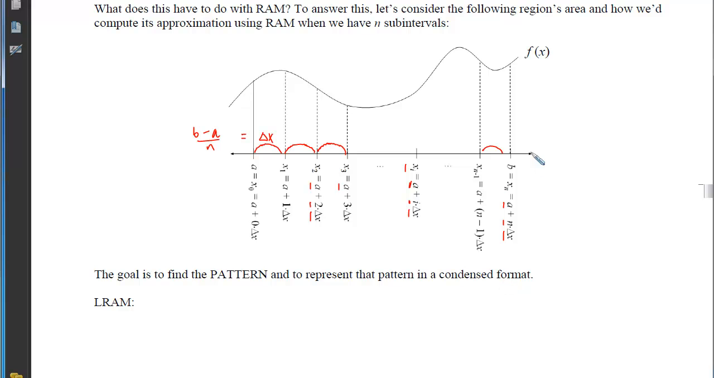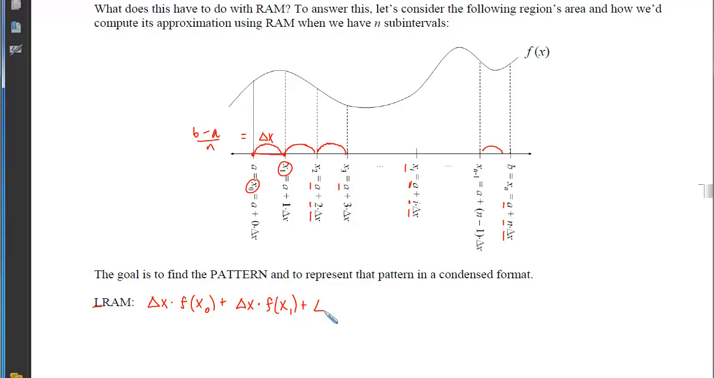So if we think about doing this like we did in Objective 1, our LRAM is going to be our width, which is delta x, times our first function value, which would be f of, if I want to do a left, that means my first left edge in this first subinterval is going to be x sub 0. My next rectangle would be delta x times its left output, which will be x sub 1 plugged into the function,